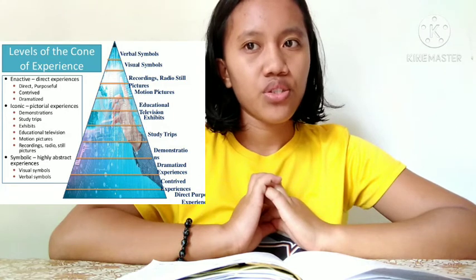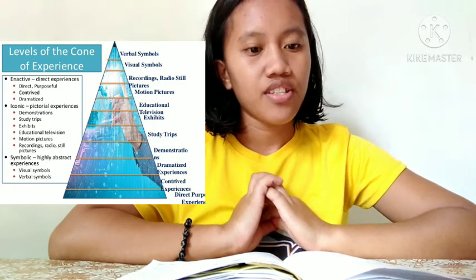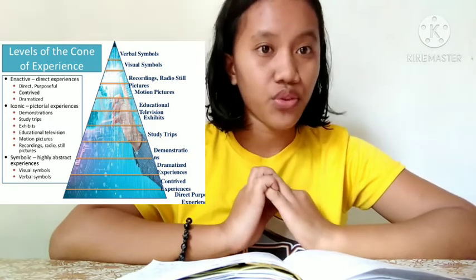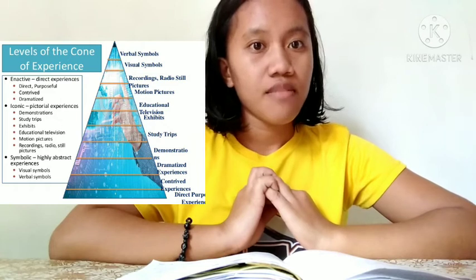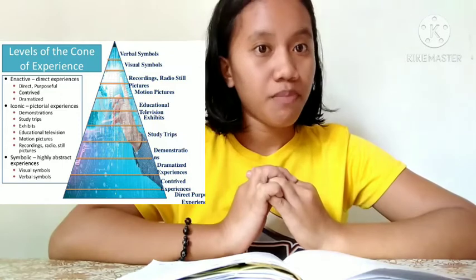If we're going to discuss about atom, so atom is considered the smallest object or particles on earth. Since it is microscopic, we have to show a visual or picture of an atom so that the students can understand. Another is if we're going to talk about earth, if we cannot bring the entire earth to the class, it is not feasible, so we're going to show them a globe.